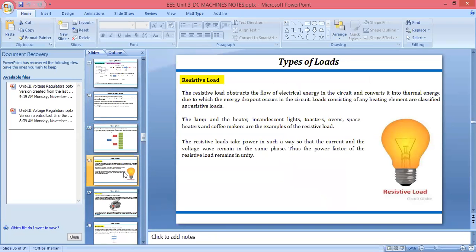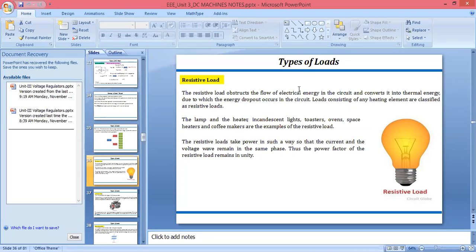If we have any device which can take electrical energy and convert that electrical energy into the form of heat or light, at that time we can call that device a load. I have given some examples: the lamp, heater, toaster, oven, coffee makers. These are simple examples of the resistive load, because what they are doing is